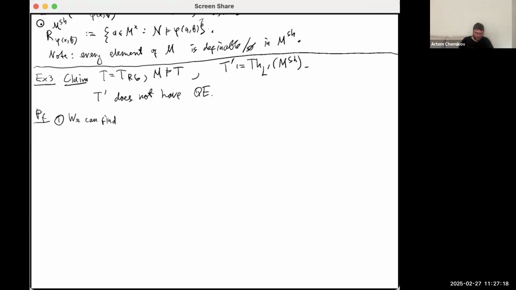So the first observation is that we can find a countable clique, or let's say maybe anti-clique, it doesn't matter. Let's say anti-clique C in M. Okay, so it's a totally set with no edges whatsoever. So we can find a countable subset with no edges between any two of its vertices. We can find a countable clique